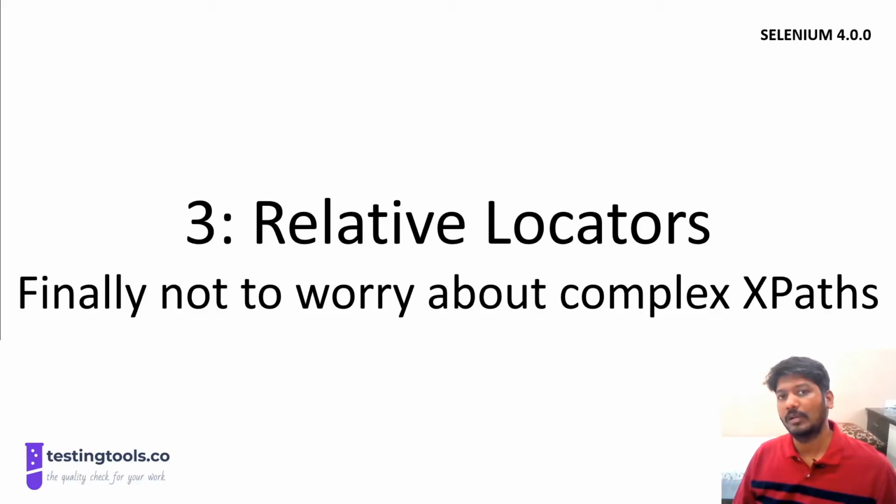As a continuation to the Selenium 4 features demonstration, we are now looking at the next feature. We are going to talk about relative locators. We will take a sample website and I will demonstrate how we can build this. Now we will go to Eclipse and create a new class for the relative locators and start coding.